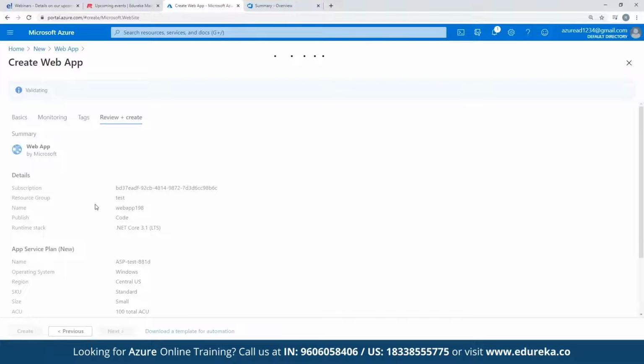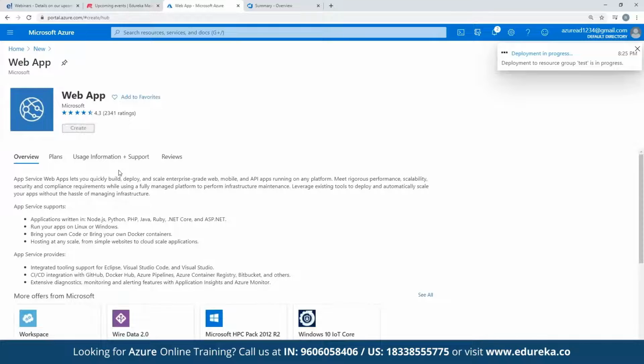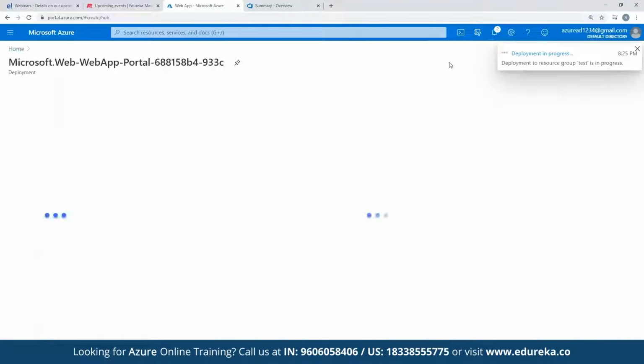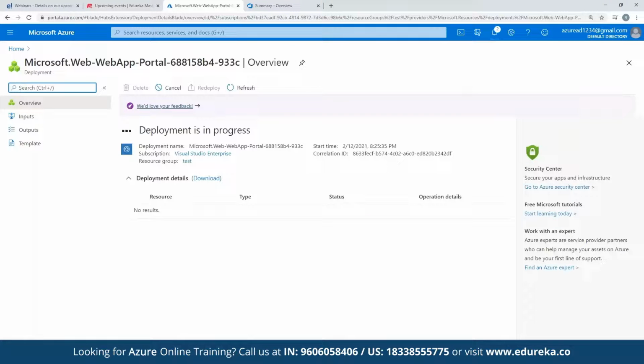Okay guys, we're just on the end part of it, review and create. Once we click on create, the web application will be created and it will be available for our developers instantly, right? We have this deployment in progress, and within a few seconds or a minute or so, it should be created.